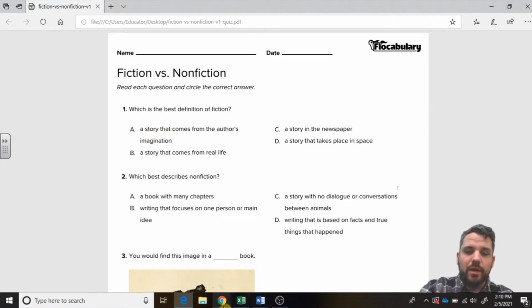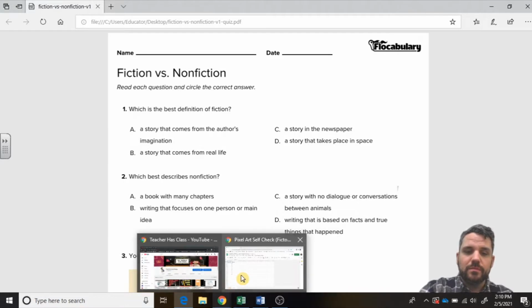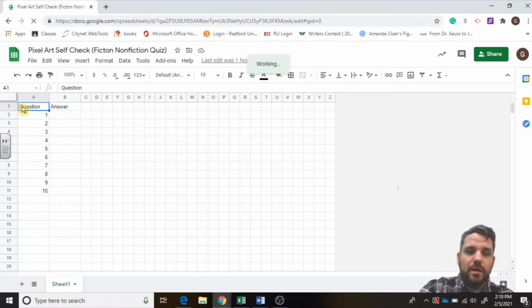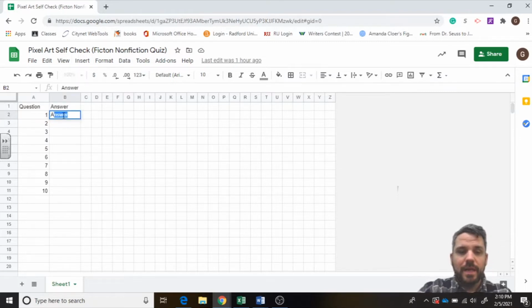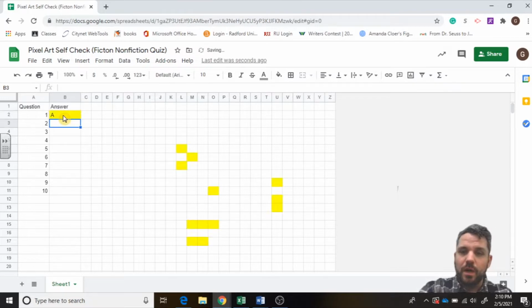So you go back over to your sheet, and what I've done here, and I'll show you how to do this in just a second, but I've created some columns for the question and the answers. So which answer coincides with question number one? We know that the answer is A. So when I click A, it's going to start to reveal some color for you. And the end result is